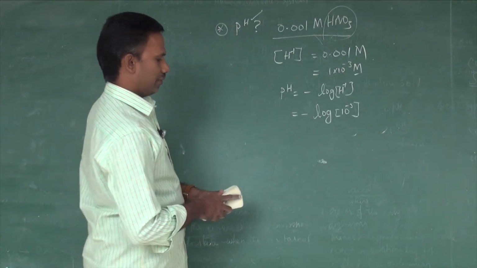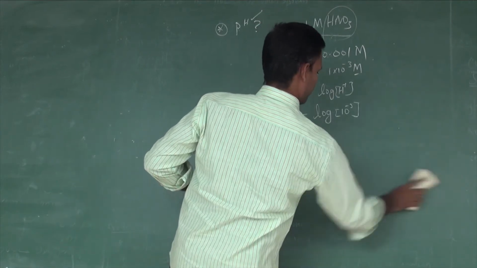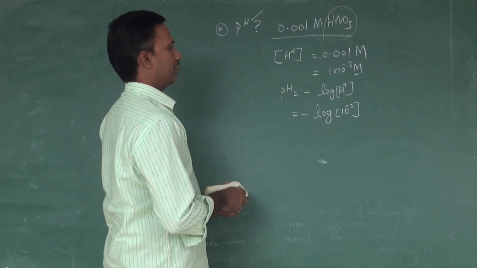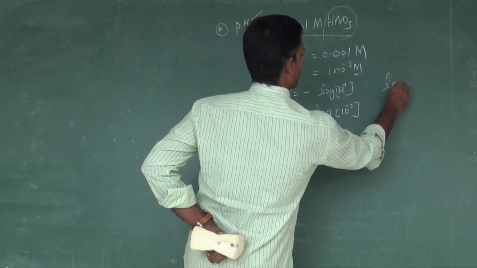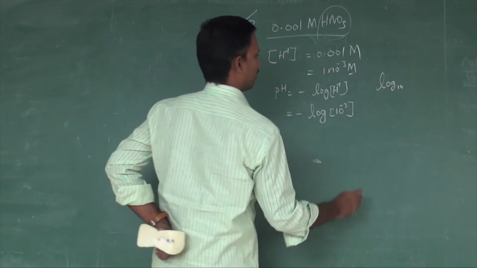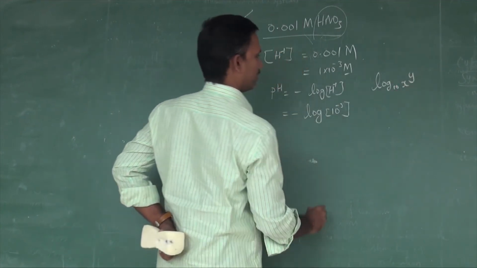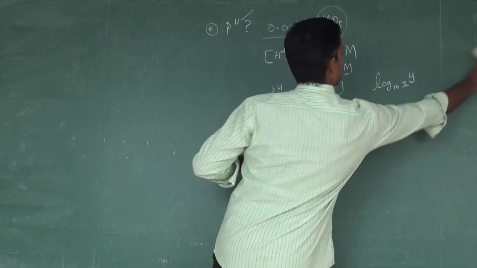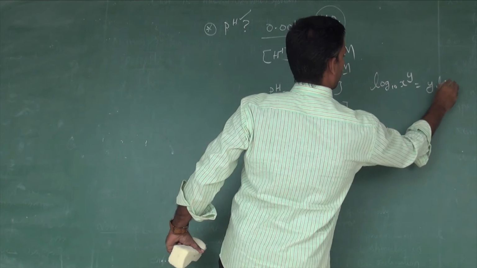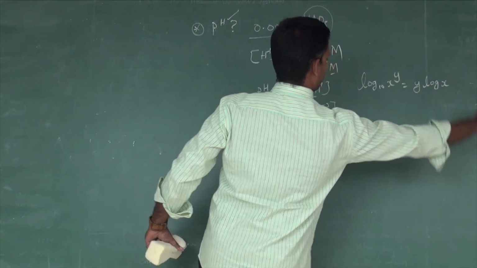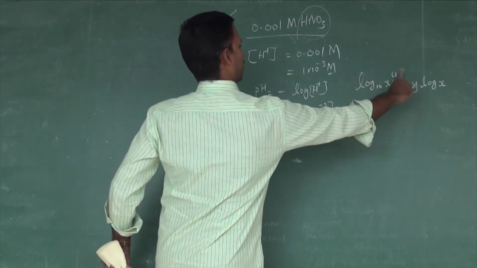I think you are familiar with the logarithm, or otherwise we need three formulas here based on the mathematics. If you are not clear enough, you can just recall this. Log x power y may be written like this: y log x. You know this very well; I have to write it. The x power y can be written like this: